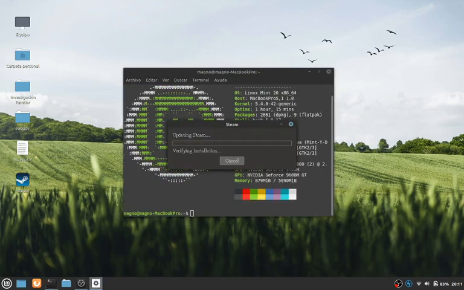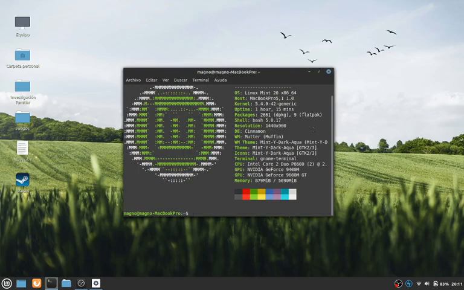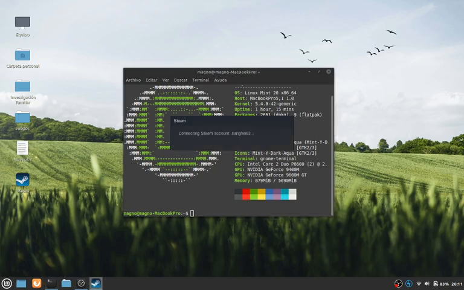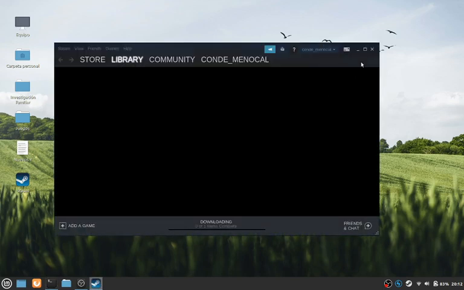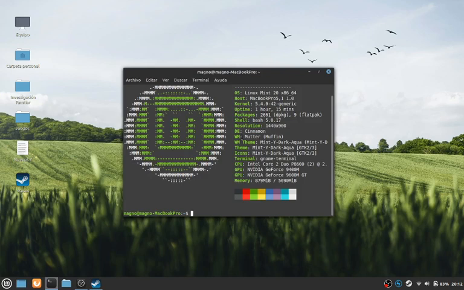As you see, I'm running on a MacBook Pro of 2008. Oops, I forgot that I was starting up the Steam. I am using the kernel 5.4 in Linux Mint 20, and this has only an Intel Core 2 Duo at about 2.60 gigahertz, and also an NVIDIA GeForce graphics card with 6 gigabytes of RAM. Before it was about 4 gigabytes of RAM, but after a little update,